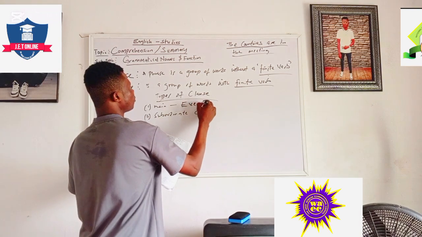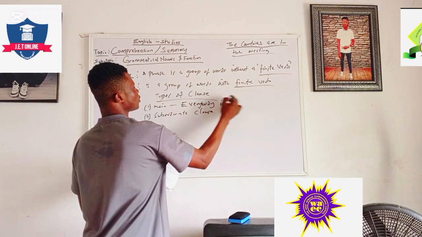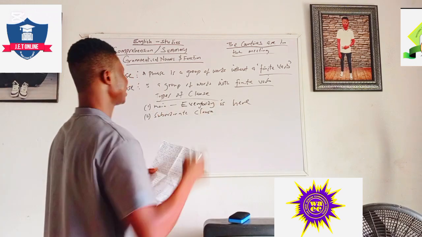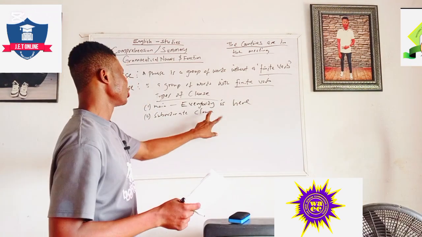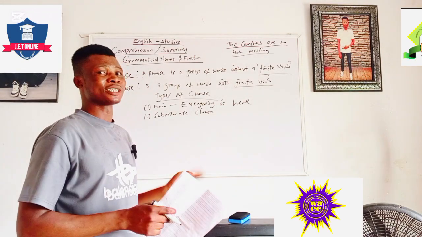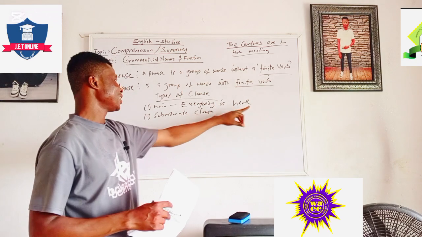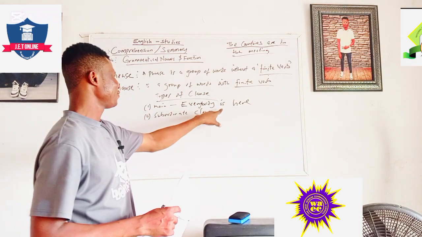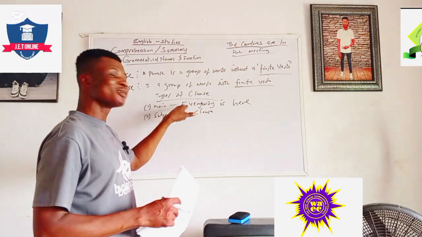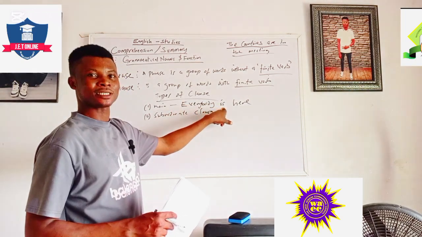Everybody is here. If you look at this expression now, it is a main clause because it can stand on its own without the addition of any what we call subordinate clause with it. It can stand. Everybody is here. And why do we say this is a clause? Because of this verb. This is a finite verb. It shows number agreement. There's an agreement between everybody and the verb is.